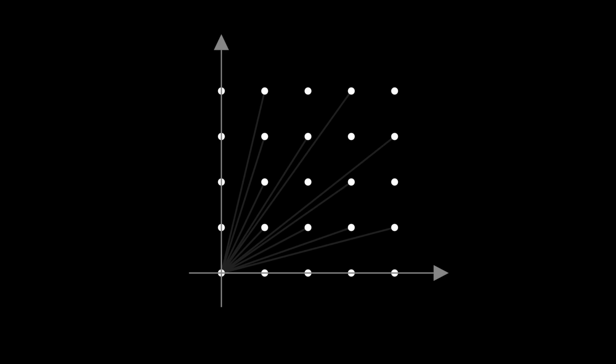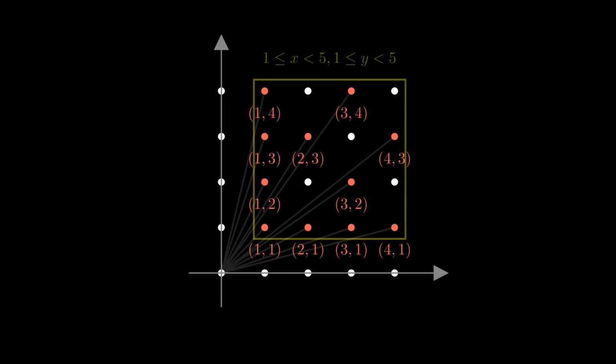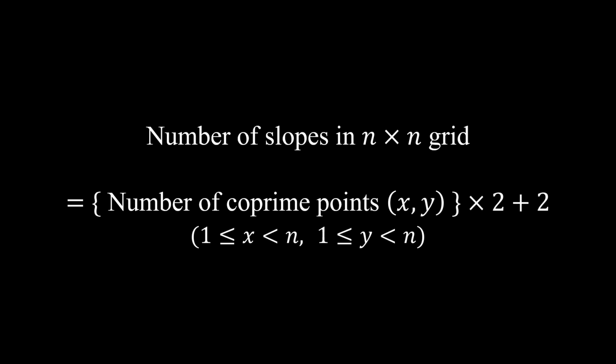On the other hand, all the dots that got a line have fractions that cannot be reduced further. There are no common divisors of their x and y coordinates, or in other words, x and y are coprime. The number of positive slopes in a 5x5 grid is equal to the number of points where x and y are coprime. And of course, x and y are limited to be less than 5 because that's the size of our grid. To get the number of all slopes, we just have to multiply this by 2 and add 2.